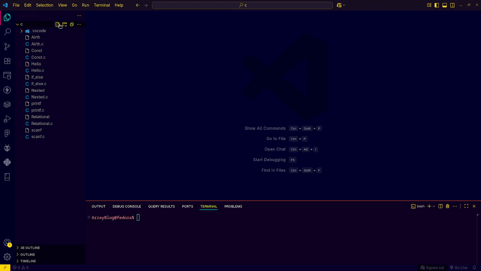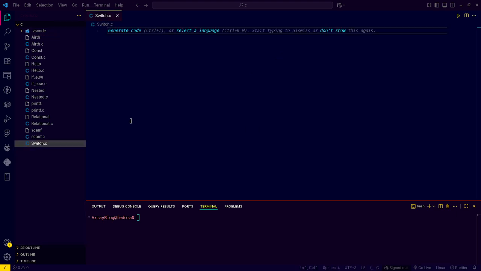So I'll create a file first, switch.c. So this is our switch case file. In a switch case, a statement allows us to test a variable against multiple possible values and run different blocks of code depending on the match. So let's take an example. Think of it like you are in a restaurant and you have a menu. If you choose one, you'll get pizza. If you choose two, you get burger, right? And if you choose three, you get pasta,